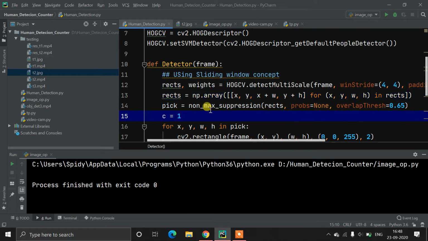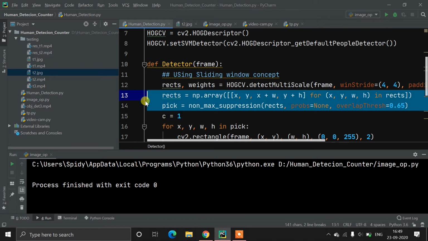Now we need to apply the non-max suppression, which is an already predefined algorithm. In this we need to pass all the values and an overlap threshold of 0.65, so it will bring down the overlapping. I'm not saying it will totally change the overlapping scenario. It will still overlap, but the overlap probability will be low compared to not using it. In this situation we need to use NMS here. Otherwise, the result will not be very accurate, because it will detect multiple boxes for a single person in the frame.